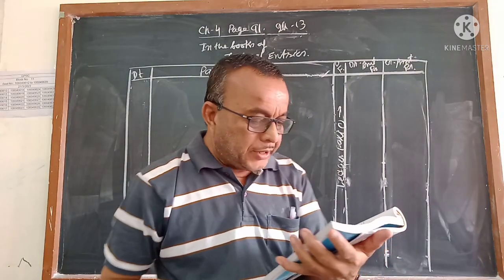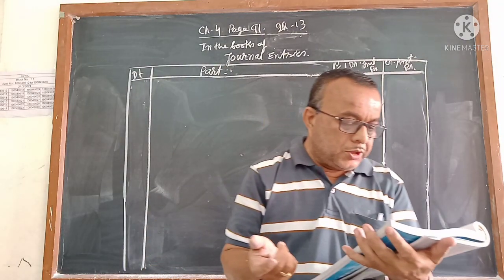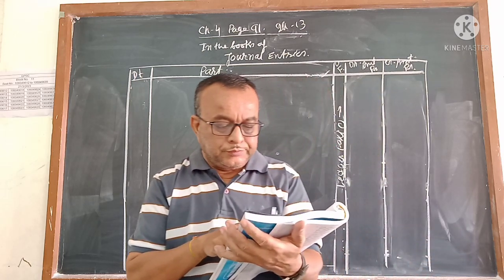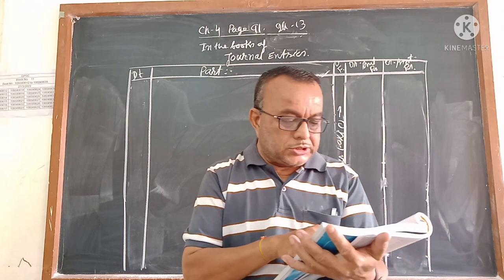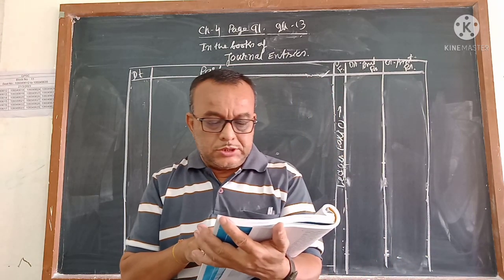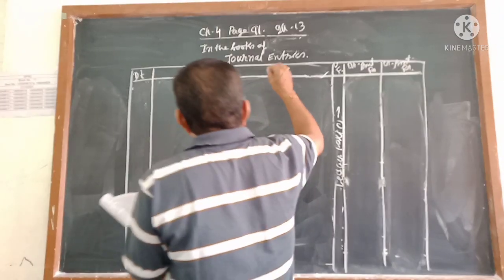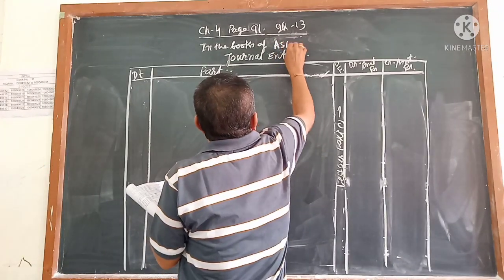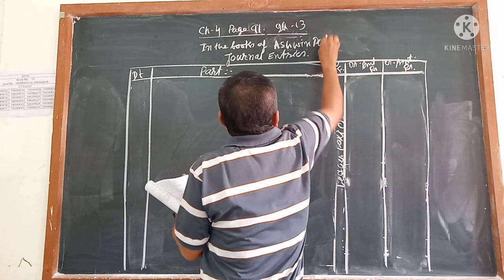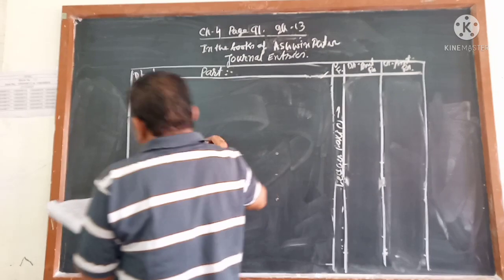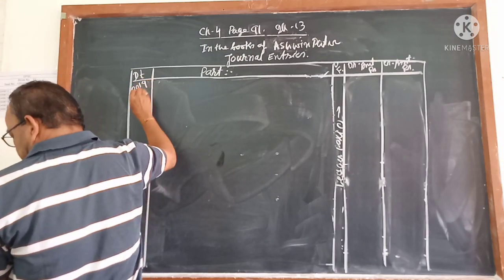At the same time, for IGST, central and state will not be divided. Only central will take it, that is 12% applicable. GST is not included in the following transactions. Pass the journal entries by adding the applicable GST. So we are writing Ashwin Patel, correct? And the date is 2019,